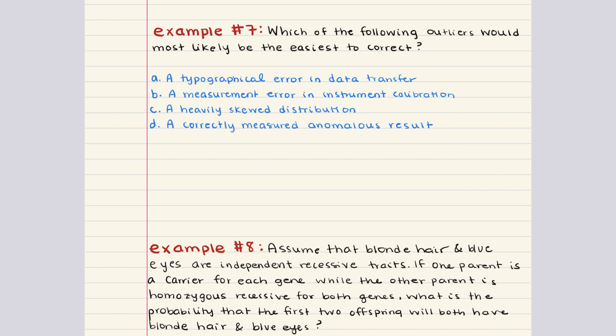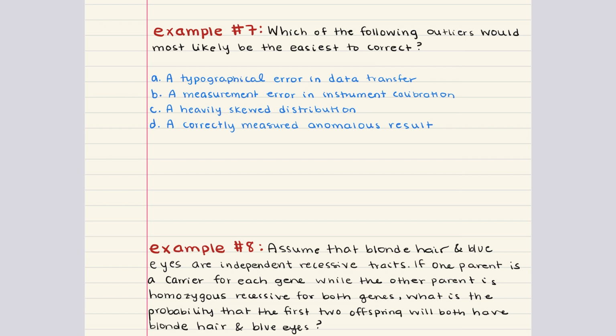These errors are often easily spotted when the data is reviewed against the original source or when cross-checking the data for consistency. Since the source of the error is usually clear and the correction process is straightforward, this type of outlier is